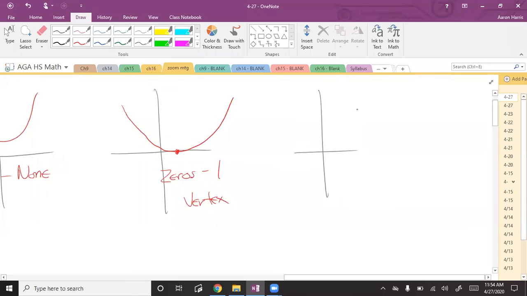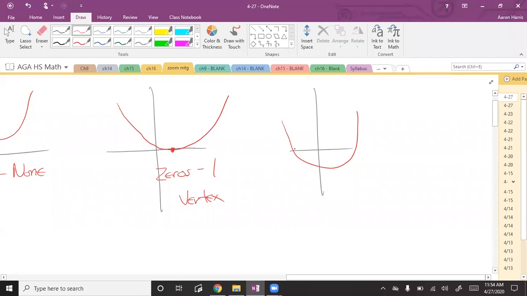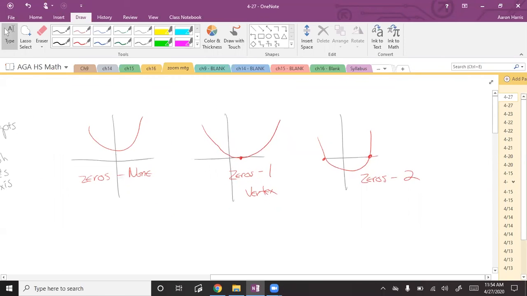Then you can have a parabola that crosses the x-axis. And how many times would it touch? 2. So it can't do it 3 times because it's a U. It won't turn back around and come back. But it could be none, it could be 1, or it could be 2. And what are we talking about? 2 what? 2 coordinate pairs, or 1 coordinate pair, or no coordinate pair. All right. So that's a sneak peek into where you're going,